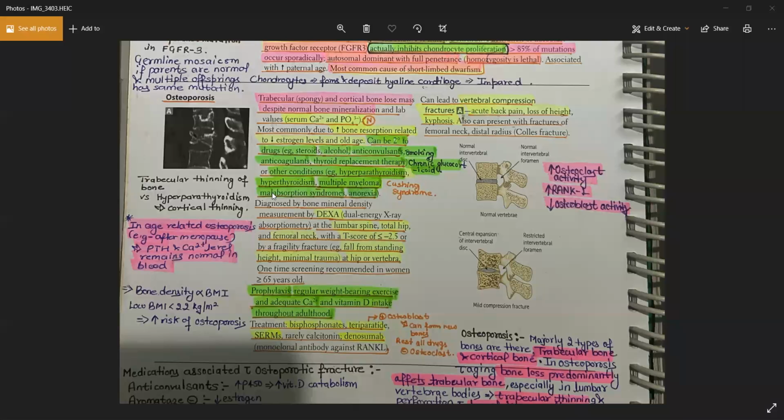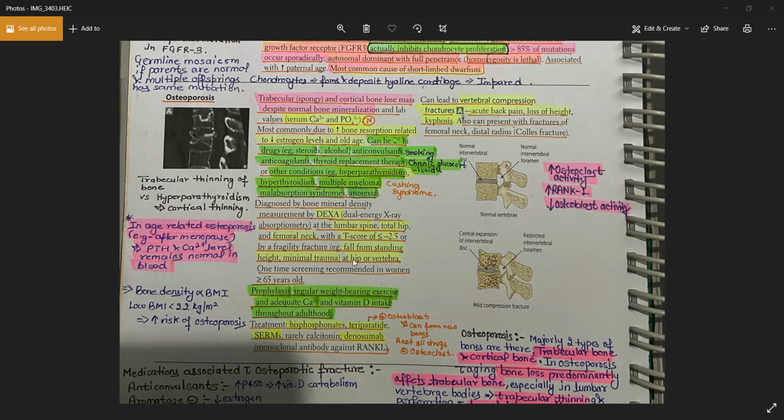So the first thing you can do is the X-ray. Next thing you can do is the DEXA scan. And when the DEXA scan shows a score of less than minus 2.5, that means the patient has osteoporosis. Other hints that you can look for in the exam is basically a fracture with a very minor trauma, like falling from a standing height,